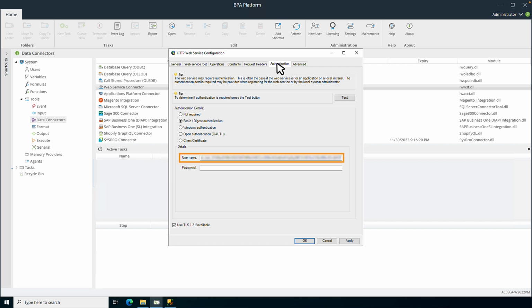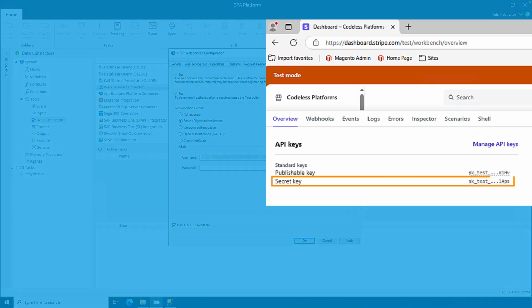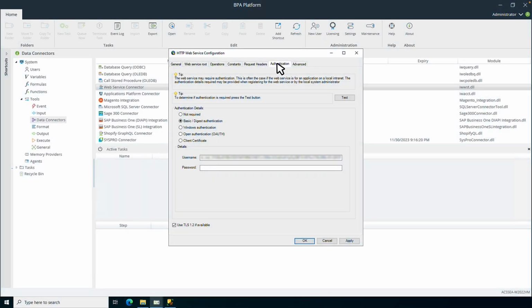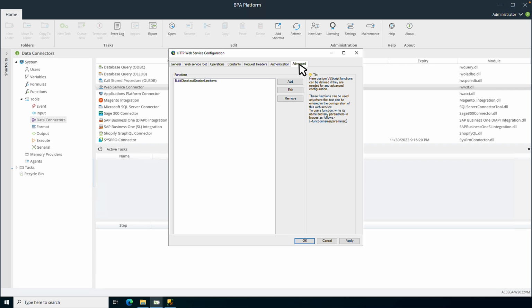Configure the username with your Stripe secret key, which can be found in the Stripe End User dashboard. The username is used for API authentication, and therefore no password is required. In the Advanced tab, no further configuration is required.